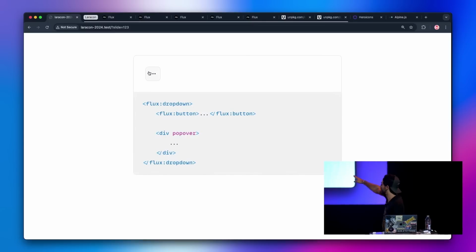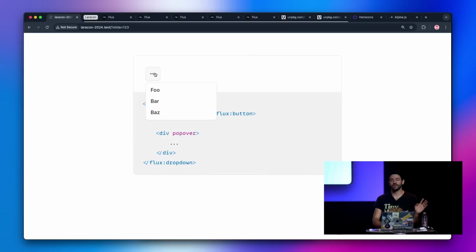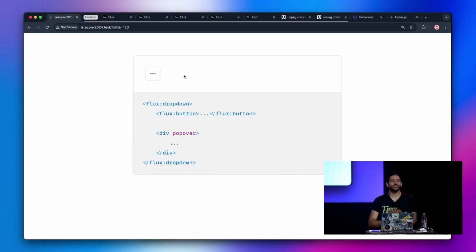So you have Flux Dropdown, and then the first child is a button, any button. Just has to be a button element. And the second child is anything with popover. And then you have a drop-down menu that anchors and does all this stuff. All right, so we got position. You position it however you want, and this is all using floating UI, and floating UI takes care of, so